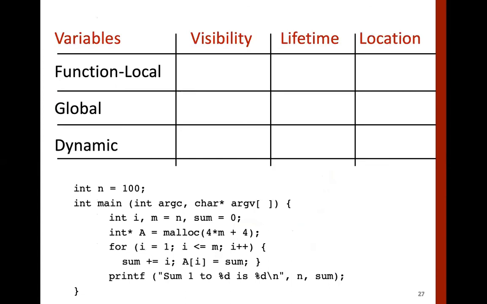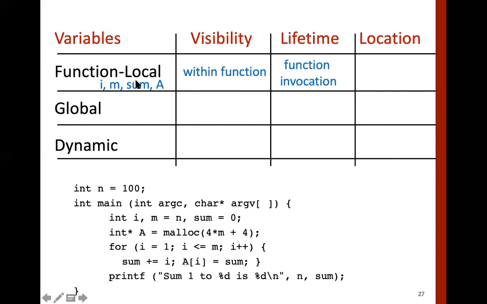Okay, let's take another example. Let's finish in another 2 minutes. This is the program. You can see n is a global variable, and there is one more global variable corresponding to this one, because this will also go as an input. And the local variables are here: i, m, sum, and array A. A is a pointer to some malloc. All of these are local variables,